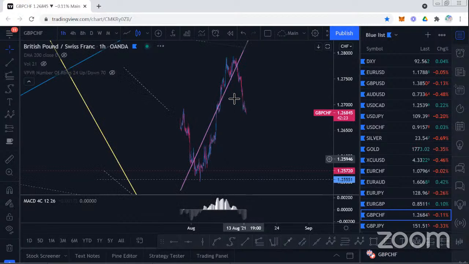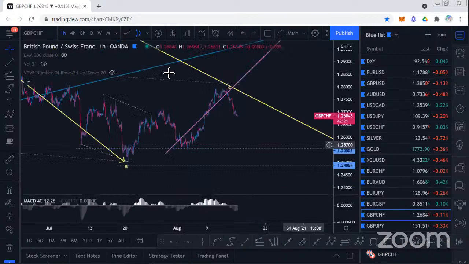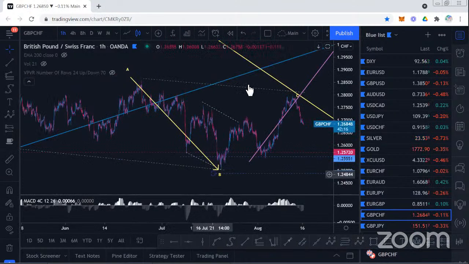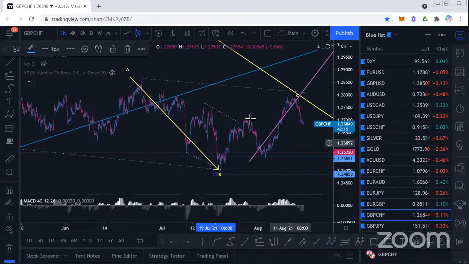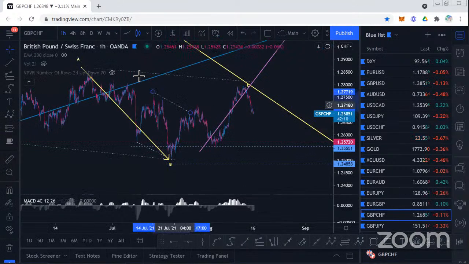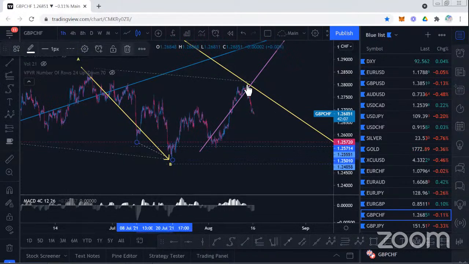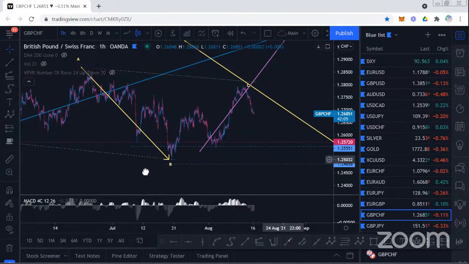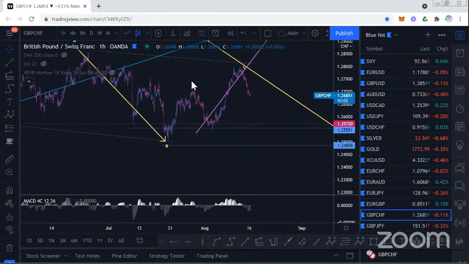Pound Swiss, as you can see, is starting to turn to the downside. As we said, we look at this as an ABC structure, and we're waiting with an entry order below the low. So we're starting to get a nice acceleration to the downside here, which is really interesting. Really nice corrective structure so far. So I think an entry order below the lows is still really the only way to play it, unless we get something really clean and clear in here on the lower time frames that indicates further downside.